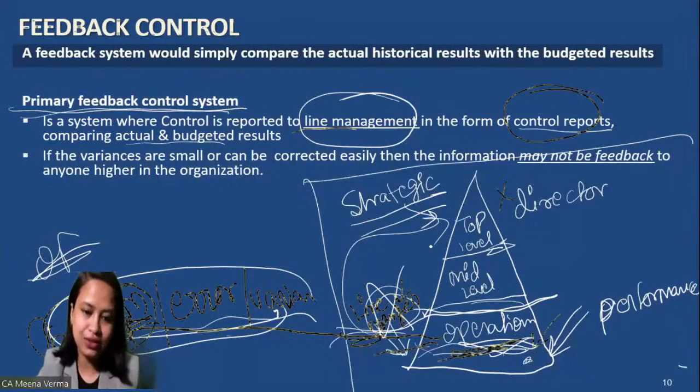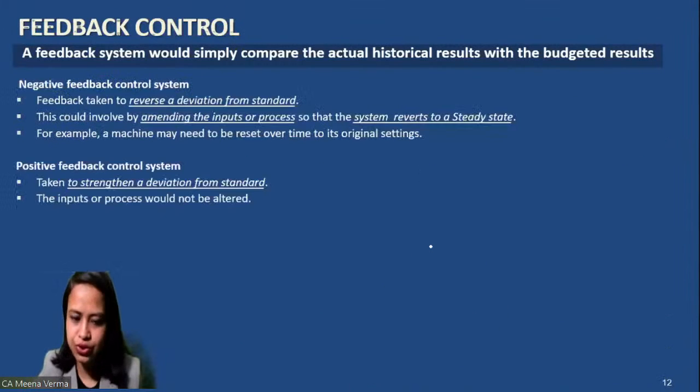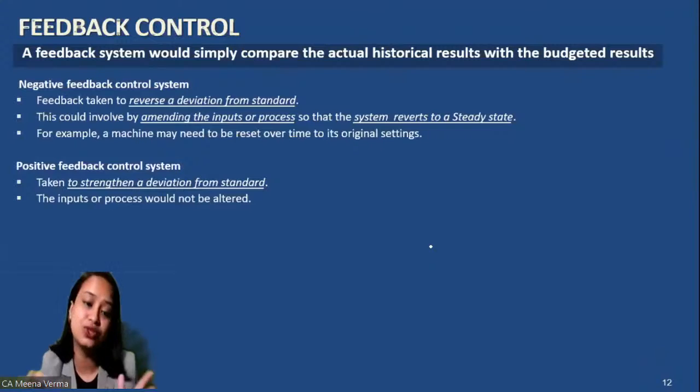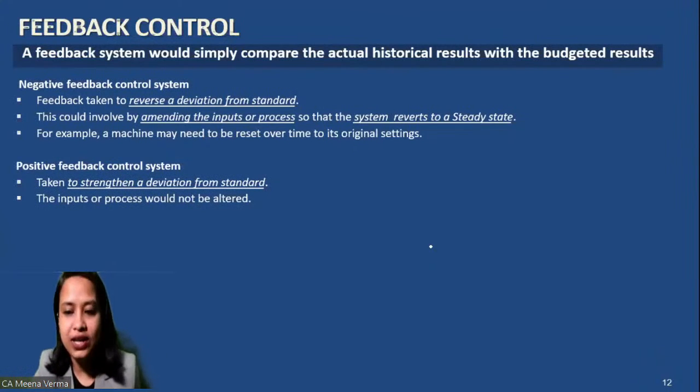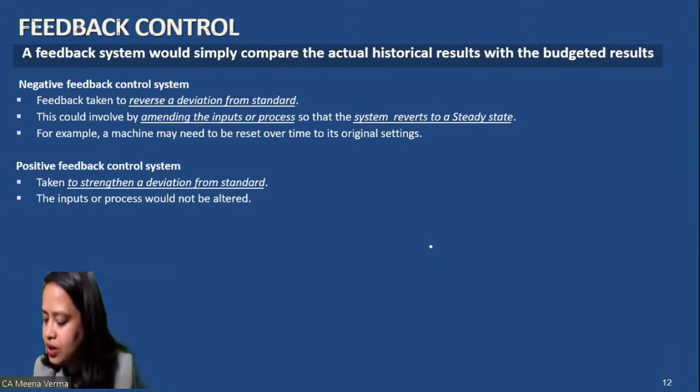I hope it is clear to all of you the difference between the primary and the secondary feedback control system. Now let us consider the negative feedback control and the positive feedback control. In case you have a doubt